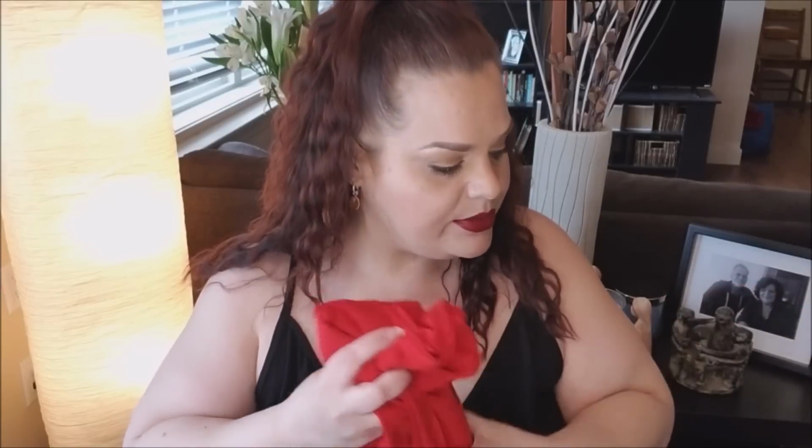In the try on I paired it with that tank and that midi skirt as well, and I think it goes really well. So you guys let me know what you think. It's kind of out there, but I don't know, I'm just wanting to change things up and play with my look a little bit more this spring and